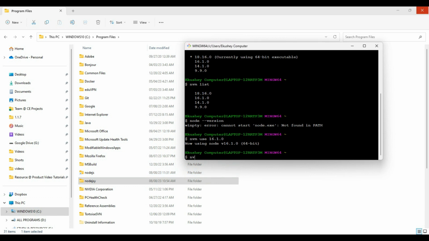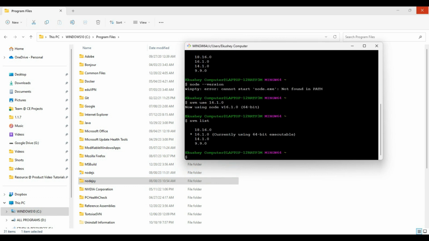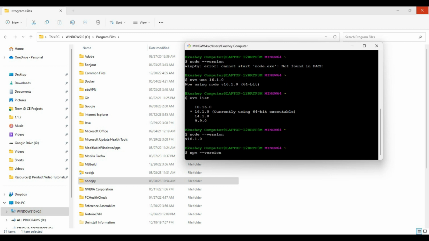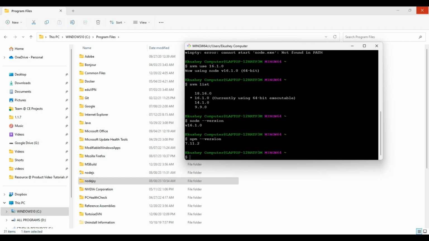If I check NVM list, the version has already switched. Node version, NPM version, everything is working